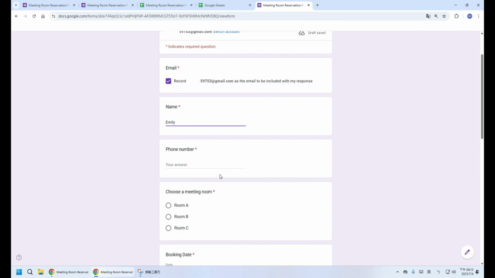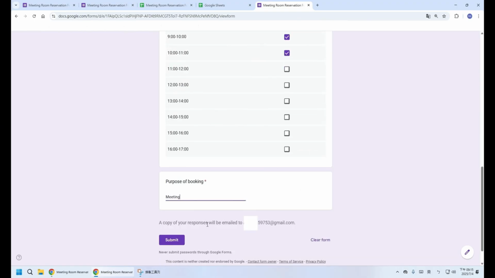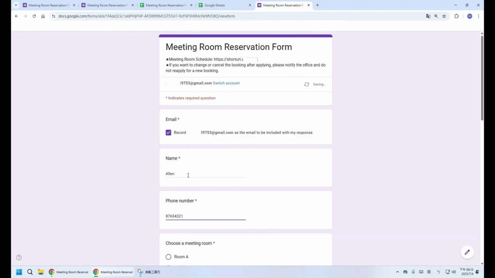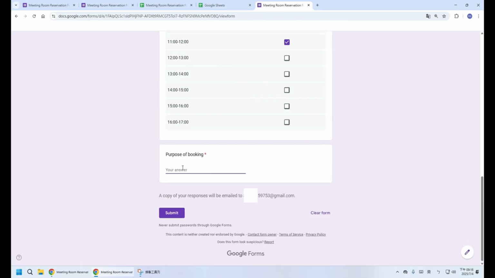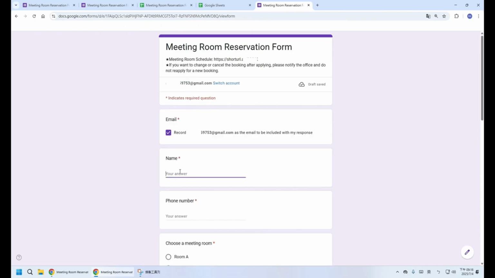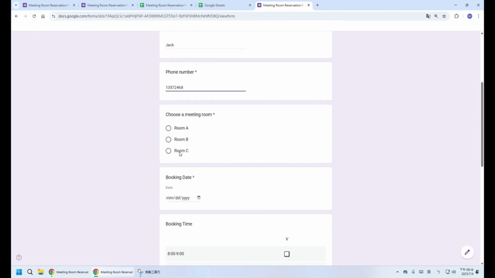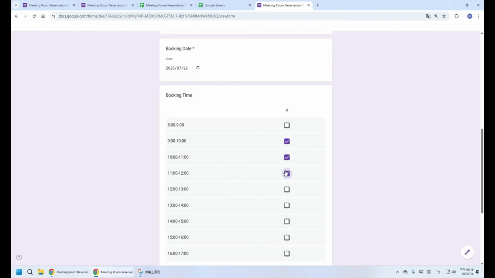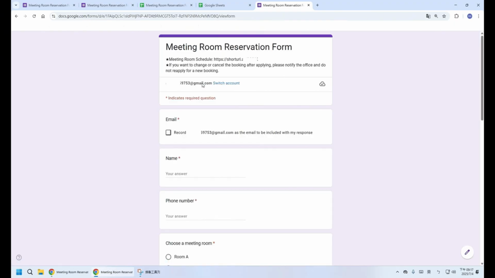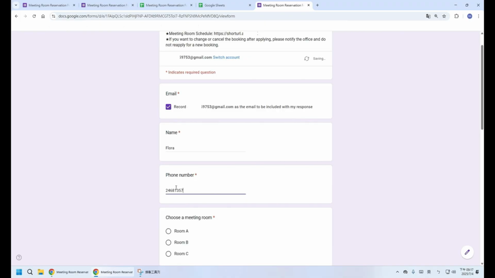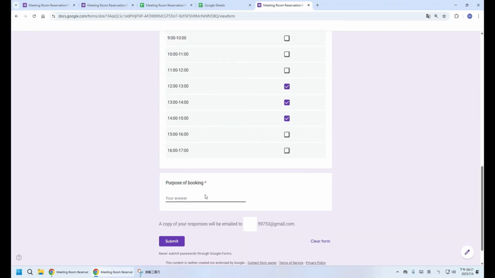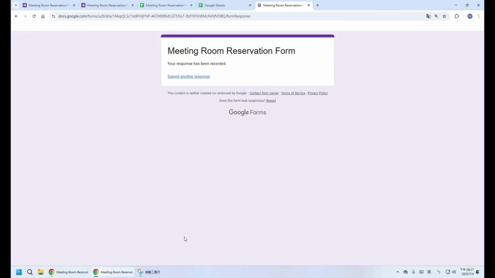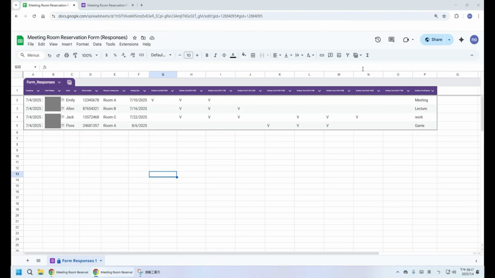So let's make up some information. Here's some customers' reservation information. That's because our system has a review function.